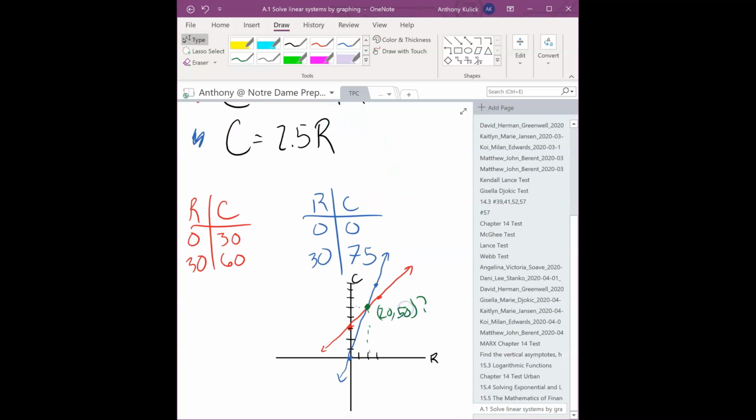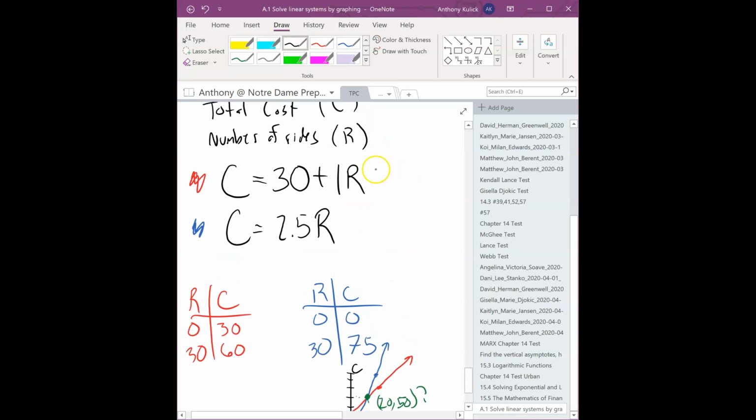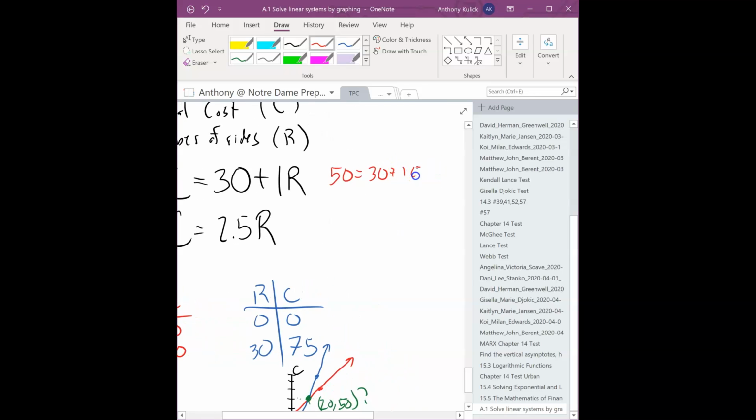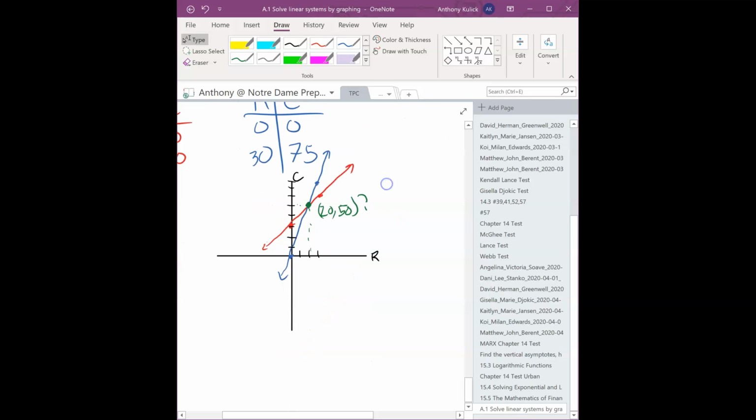Well, I can go back to my original system and try plugging them in. So 50 is equal to 30 plus 1 times 20. Well, yeah, that's true. And then 50 is equal to 2.5 times 20. Oh yeah, that's true. So we can say at 20 rides,